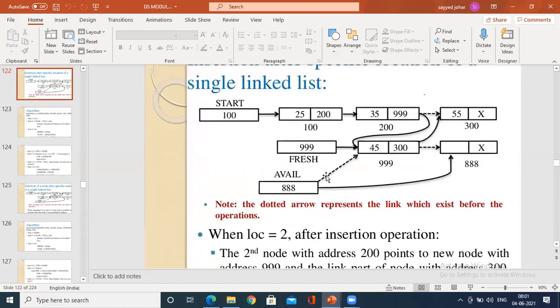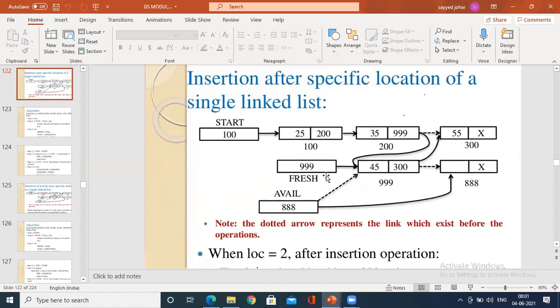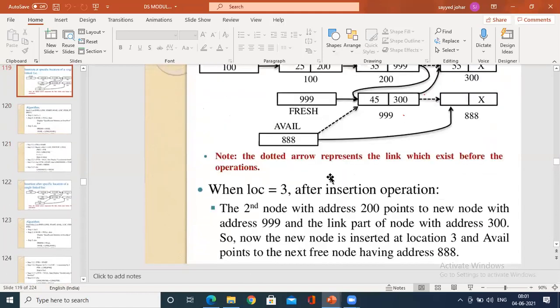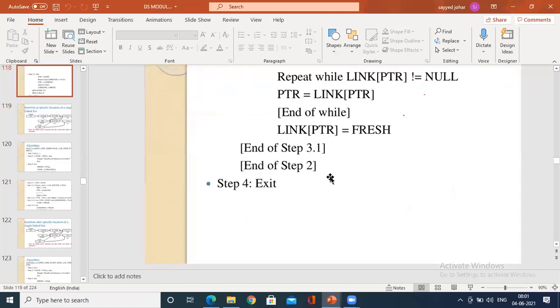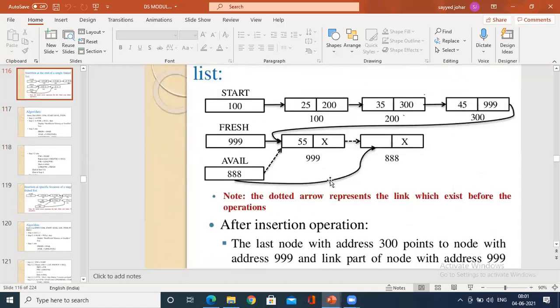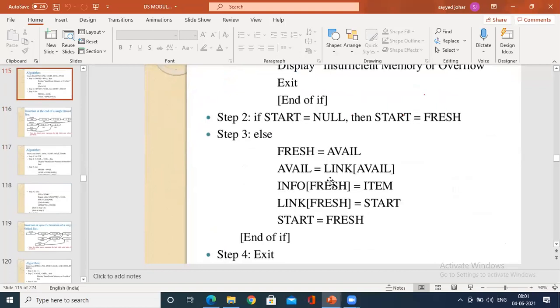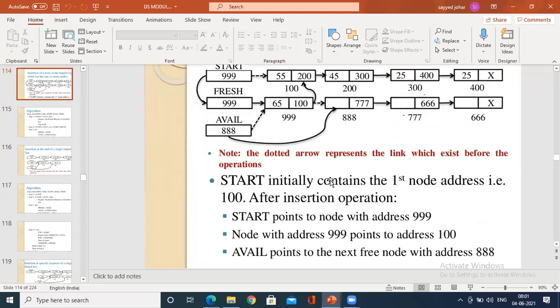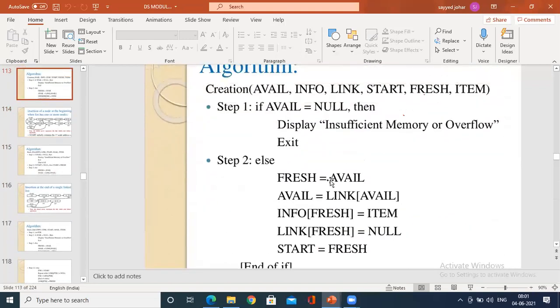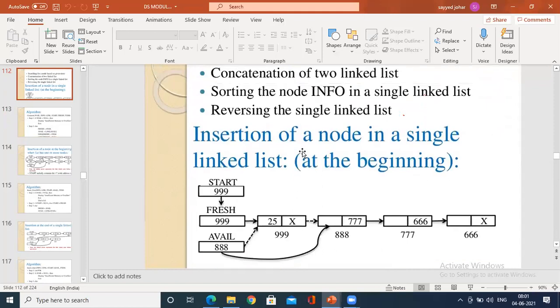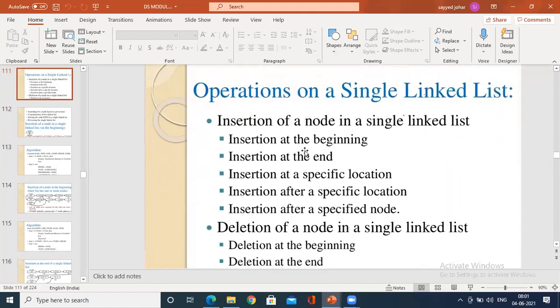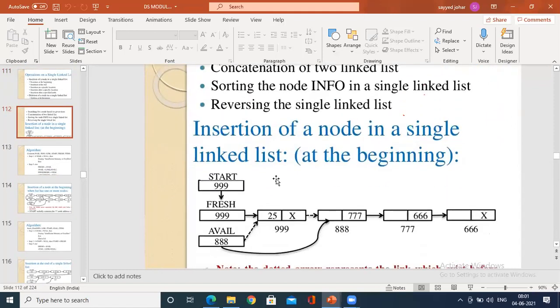A simple case of a single linked list, not a specific location. Okay, insertion of a node in a single list at the beginning itself. You just see how you insert.